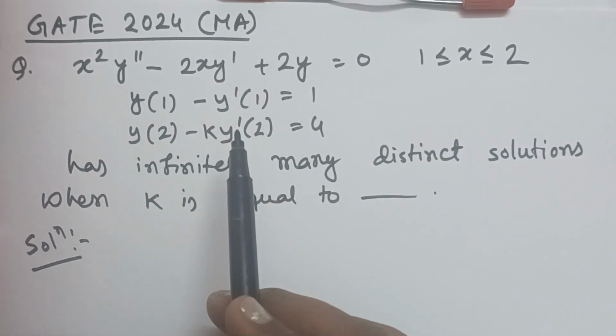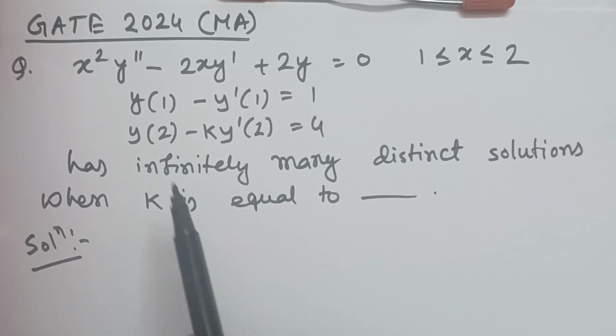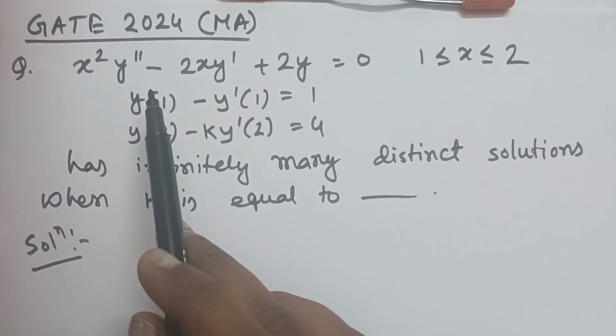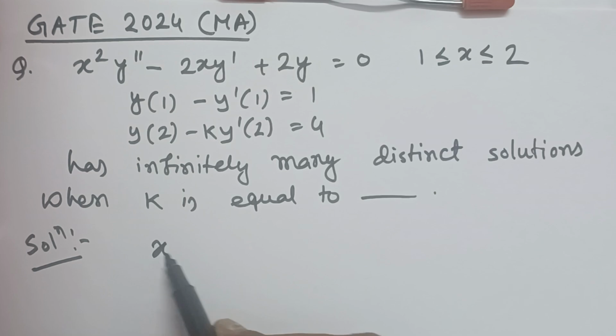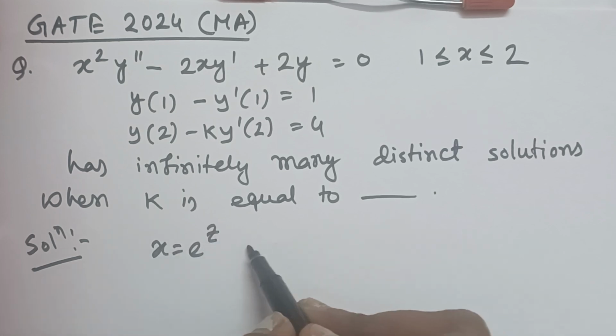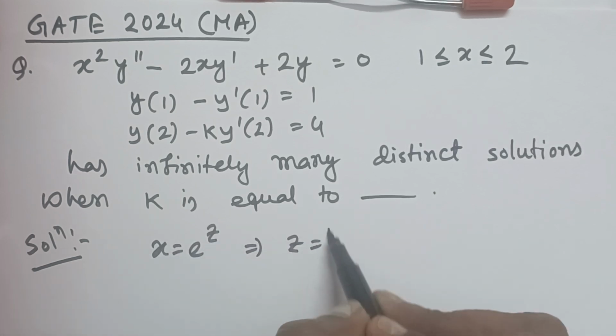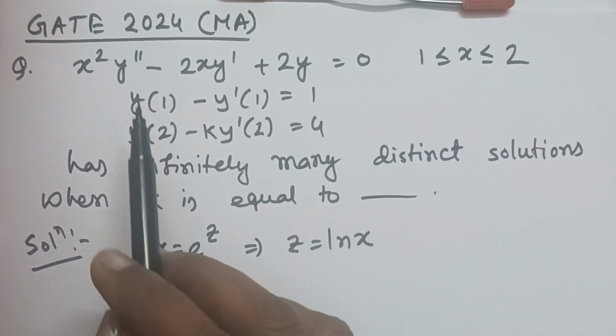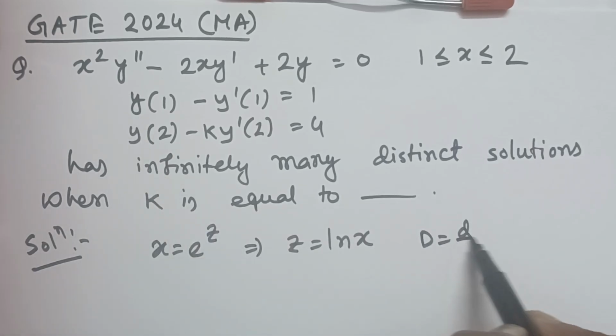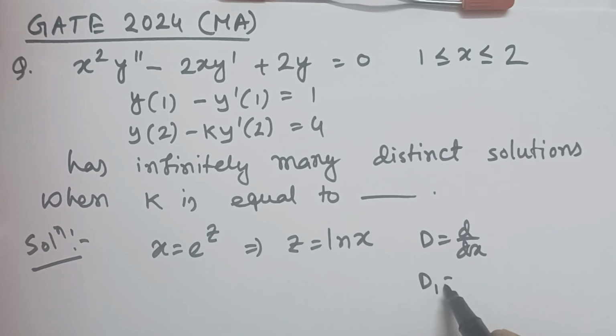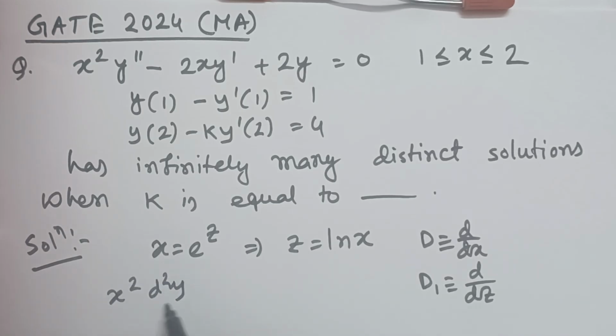Since this is a very easy question of the Cauchy-Euler method, for finding the value of k, we have to solve this equation. For Cauchy-Euler, you know that we have to take x equal to e power z, that is z equals ln x. And then if we take D as d/dx and D1 as d/dz, you know that these are all operators. Then the given question x square y double dash, that is x² d²y/dx², minus 2x dy/dx plus 2y